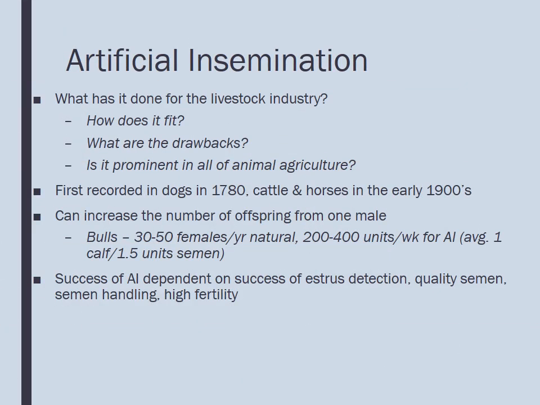When we talk artificial insemination, you can't talk about the reproductive process without adding this in there as a management technique. What it's done for the livestock industry is basically allow us to now select superior males to go with our superior females. How it fits in each industry, we can talk about, but clearly in the beef industry, it's a little bit of a tougher fit because their cattle are out on large ranches or ranges, and